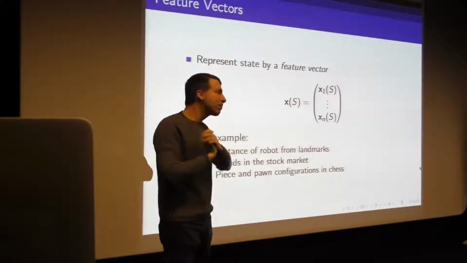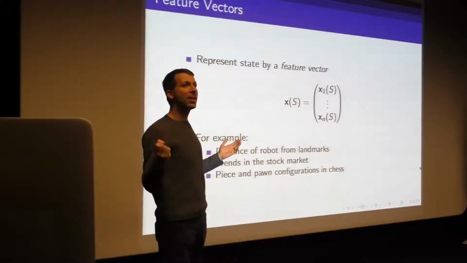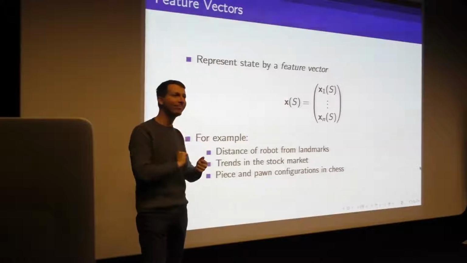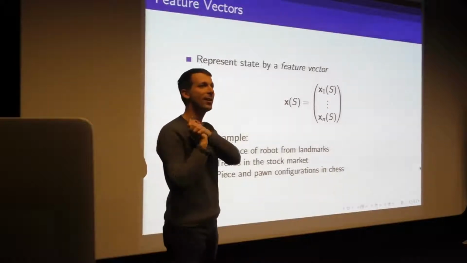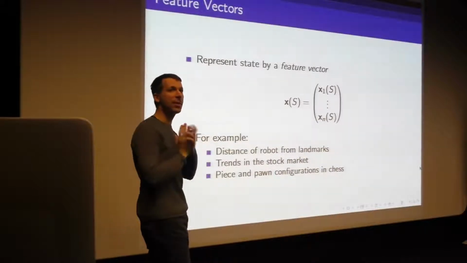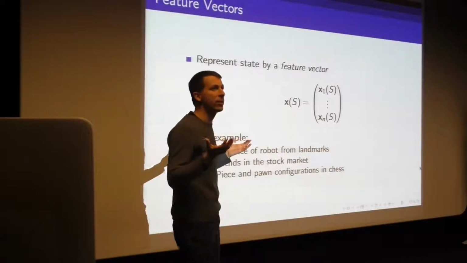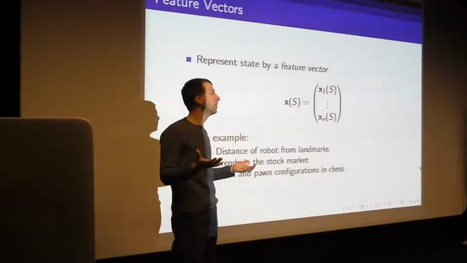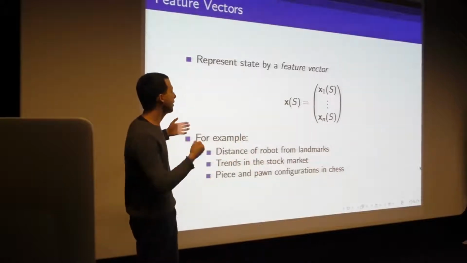So this is probably the commonest case that you see. If you sample a random paper from the reinforcement learning literature, you would see an awful lot of linear function approximation using features. So what do we mean by features? Well, let's define a feature vector. So a feature vector is basically